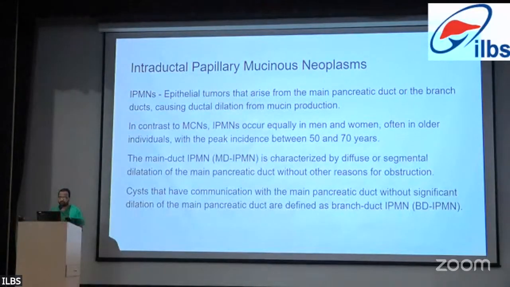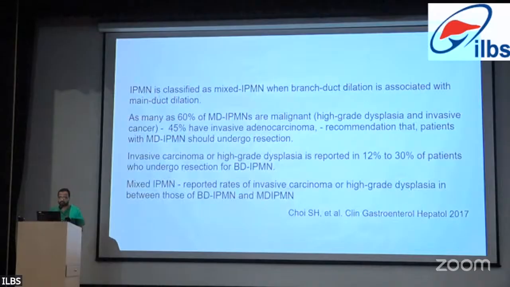In contrast to MCNs, IPMN occur equally both in men and women with a peak incidence between 50 to 70 years. The main duct IPMN is characterized by diffuse segmental dilatation of the MPD without other reasons for obstruction. And cysts which have communication with the main pancreatic duct without significant dilatation of the MPD are defined as branch duct IPMNs. IPMN is classified as mixed IPMN when there is branch duct dilatation associated with the